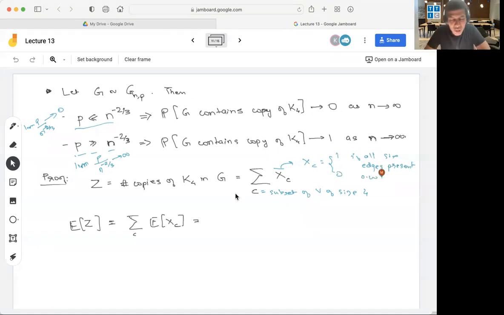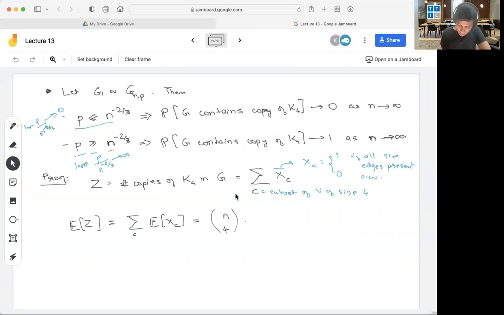Notice that I choose not to care about the ordering of these 4 vertices. As long as I have the set of vertices 1, 2, 3, and 17, it's the same as 2, 3, 17, and 1. I don't really care about what order I look at this set of size 4. The expectation of Z by linearity can be written as, so I'm just counting the number of copies, which I'm just defining to be equal to the summation of X_C. The number of subsets of size 4 in the graph with n vertices is n choose 4. And for each of them,